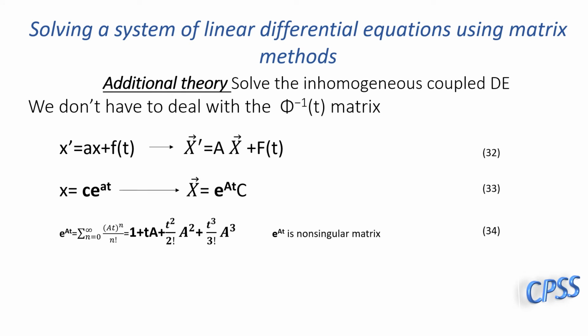Equation 32 is a comparison of the scalar versus the matrix differential equation. Similar. Now, in equation 33, you see the solution to the homogeneous equation. That's not including the forcing function. Now you can see on the matrix version of the solution, which is e to the At, A being a coefficient matrix, you can see that the solution is written a particular way,